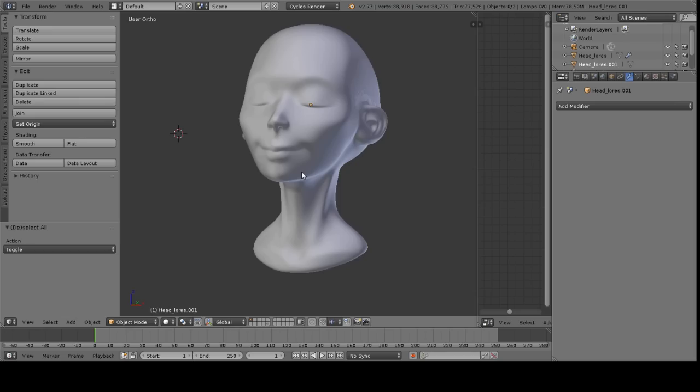Hi guys, this is Rico, and in this tutorial I'm going to show you how to do hair in Blender in a controlled and relatively easy way. A lot of people have been asking me how I do hair in Blender, and it's kind of a tricky thing, and it took me a while to learn how to do it effectively,